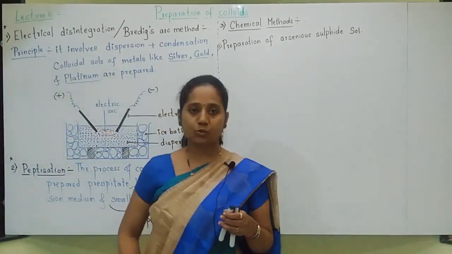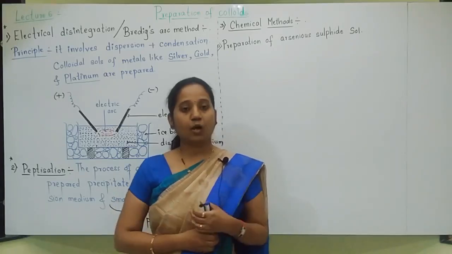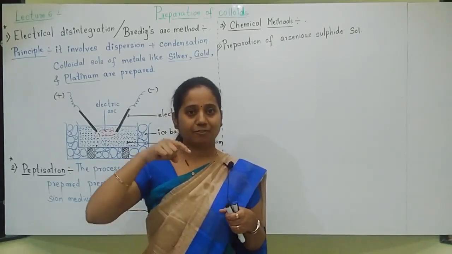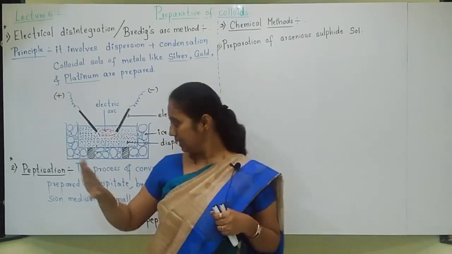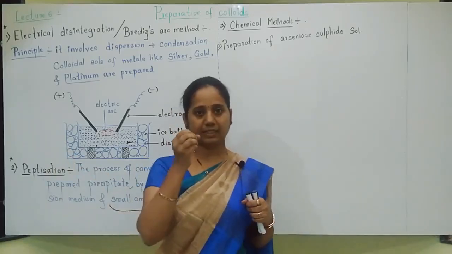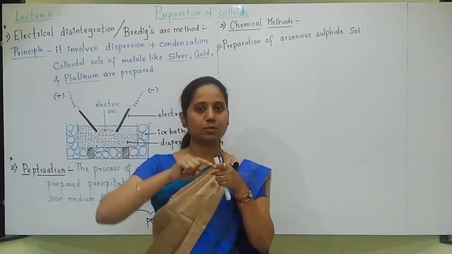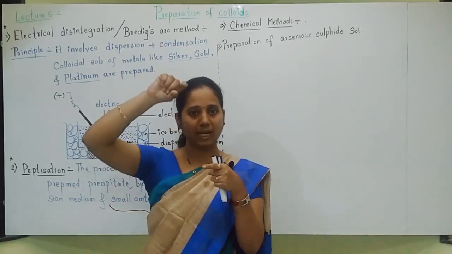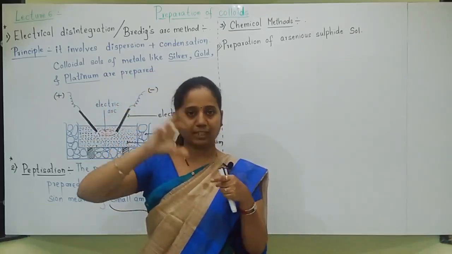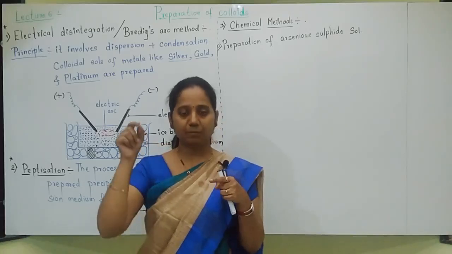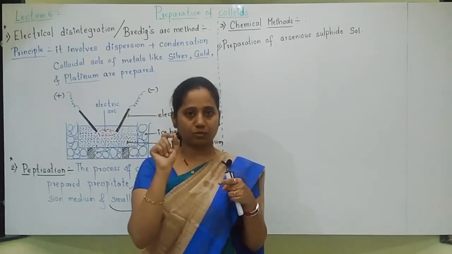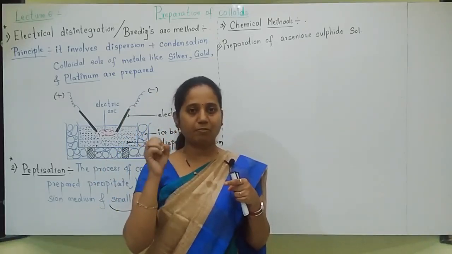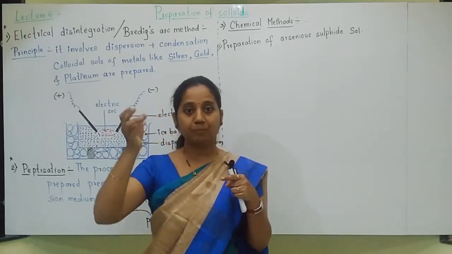Okay, I hope you understood the method. How exactly does it happen? How does that precipitate form the colloidal solution? This much definition is enough, but understand a little how that precipitate forms the colloidal solution. Now a precipitate will be at the bottom. When we add dispersion medium and small amount of electrolyte and shaking is done, that small amount of electrolyte, as you know, electrolyte has ions. Okay, it is made up of ions.